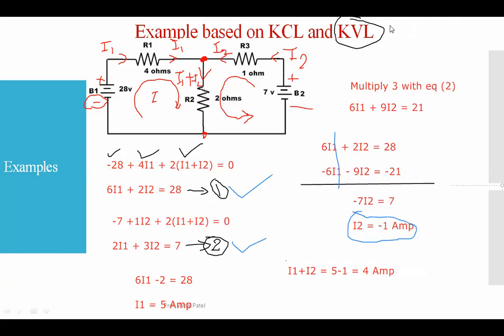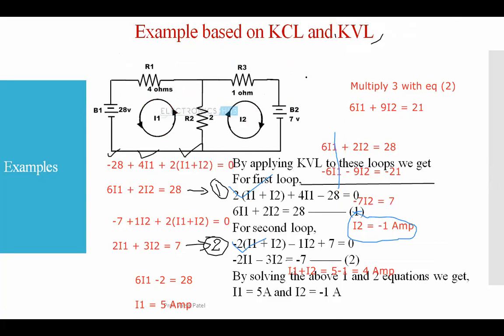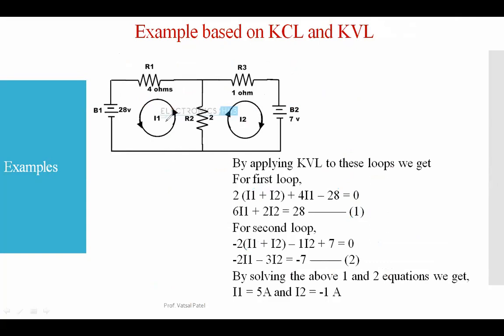Now I will show you what exactly the solution given here is. You can see, according to our observation over here, the first loop assumed in the solution is in the anti-clockwise direction, and I2 is in the clockwise direction. Do you understand? And as we discussed, the first loop in the clockwise direction and second loop in the anti-clockwise direction, so it is just a change in the direction.